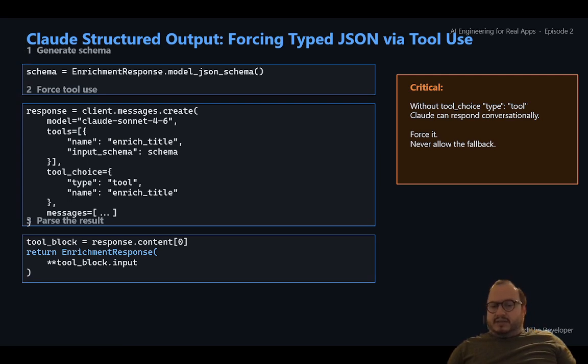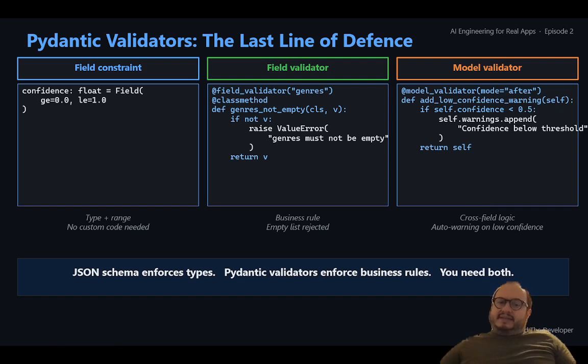Claude returns valid JSON, but we still run validators before it leaves the service. Structured output gets you a long way, but it is not a complete substitute for validation. JSON schema can enforce types and required fields. It cannot enforce business rules. It cannot catch a confidence value of 0.02 that technically satisfies the numeric constraint but signals that the model had essentially no idea what the title was. It cannot catch a summary that is a valid string but is 50 words of filler with no useful content. It cannot enforce that a warning list only appears when confidence is below a threshold.